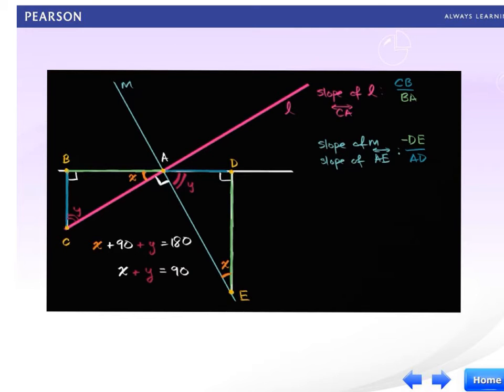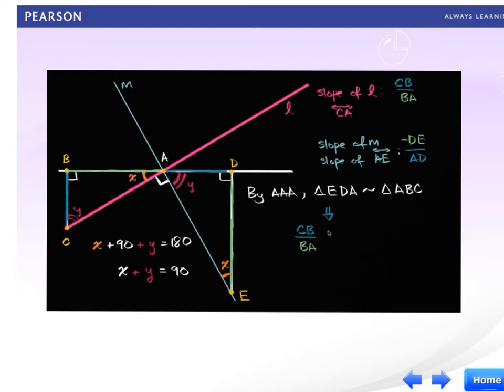So just by angle, one of our similarity postulates, we know that triangle EDA is similar to triangle ABC. And so that tells us that the ratio of corresponding sides are going to be the same. For example, let's find the ratio of corresponding sides. We know that the ratio of, let's say, CB to BA, so let's write this down, the ratio of CB over BA